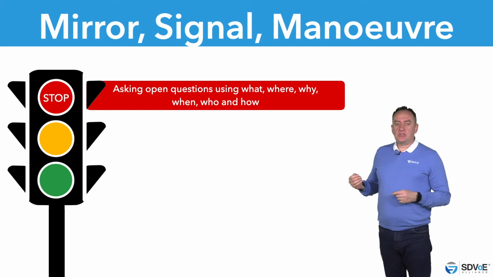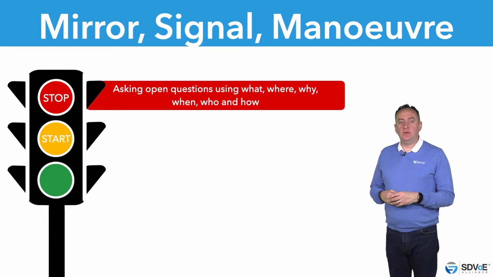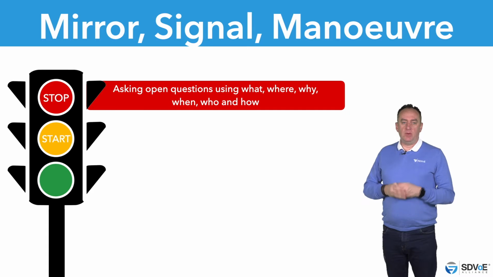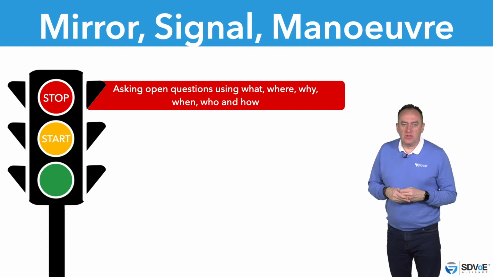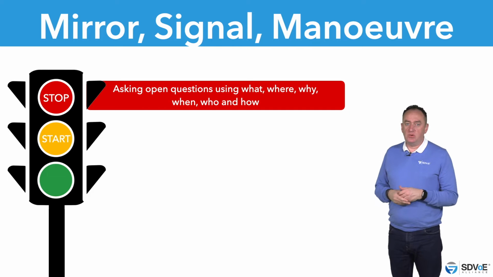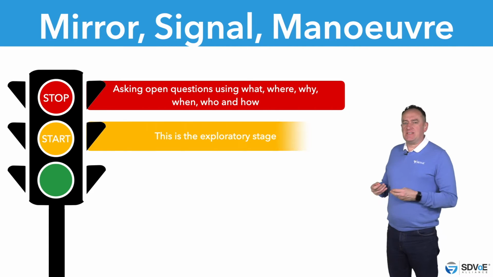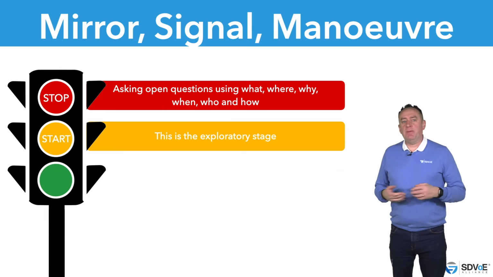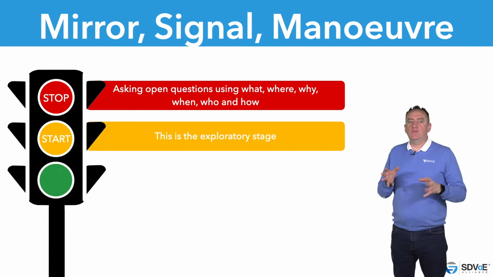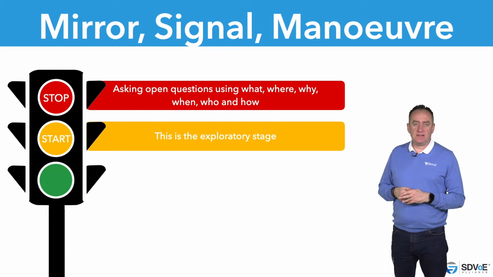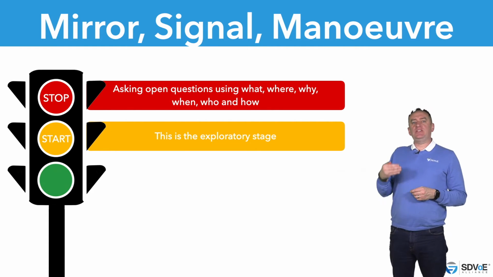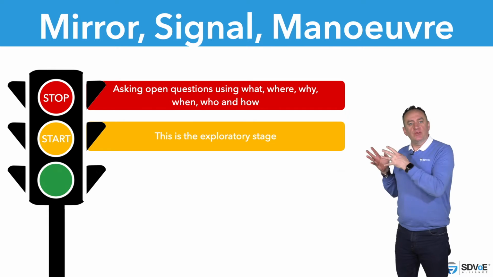Yellow signals start, and it's here that we begin to explain how SDVoE can solve problems. Remember, each use case is different, and until we clearly understand what the problems are, we're unable to move forward. Yellow is an exploratory stage in any part of the process. We're not ready to bombard the customer with all the groovy things that SDVoE can do yet. We're simply working with the customer to suggest ways in which each of these problems raised during the red phase